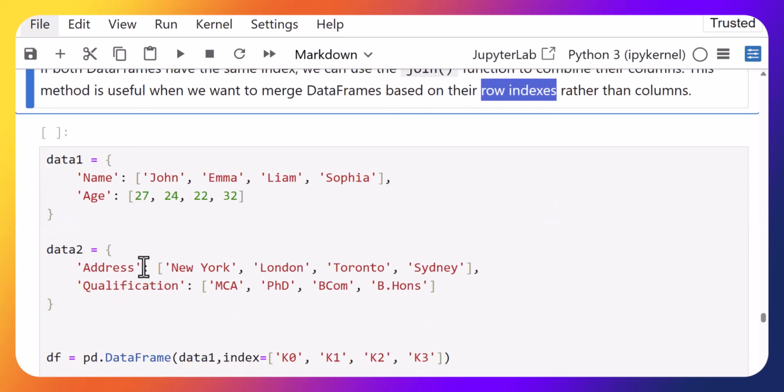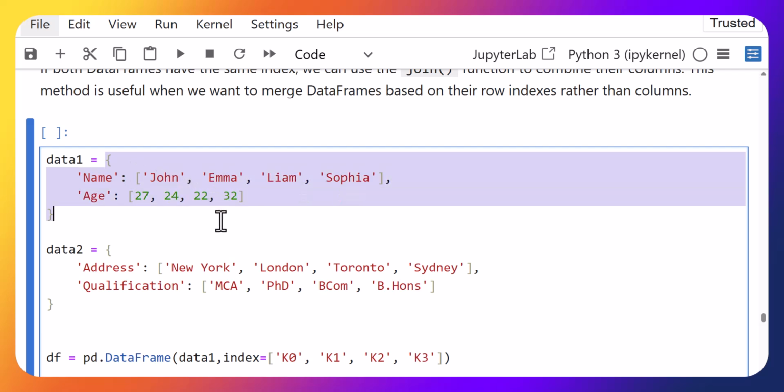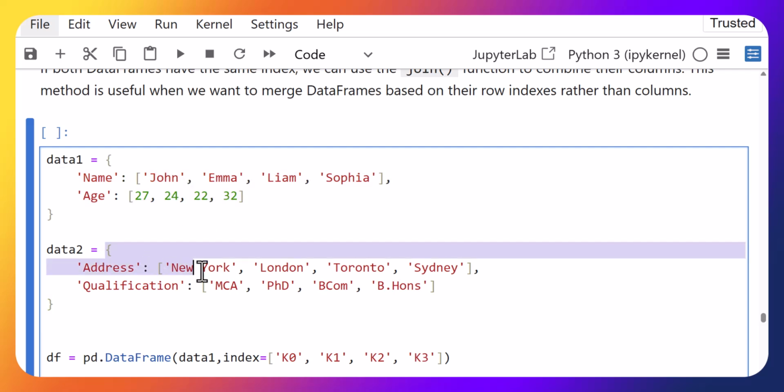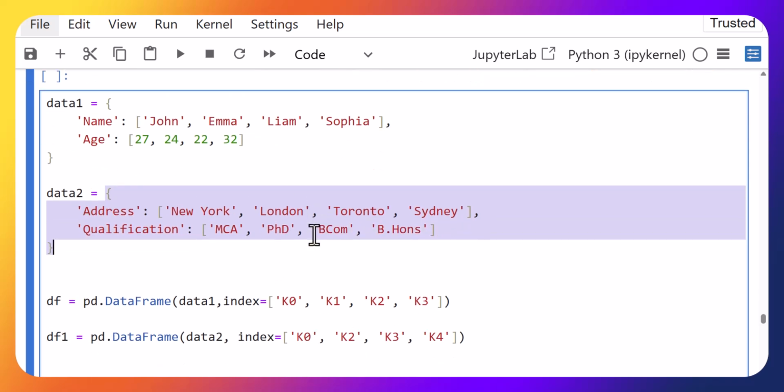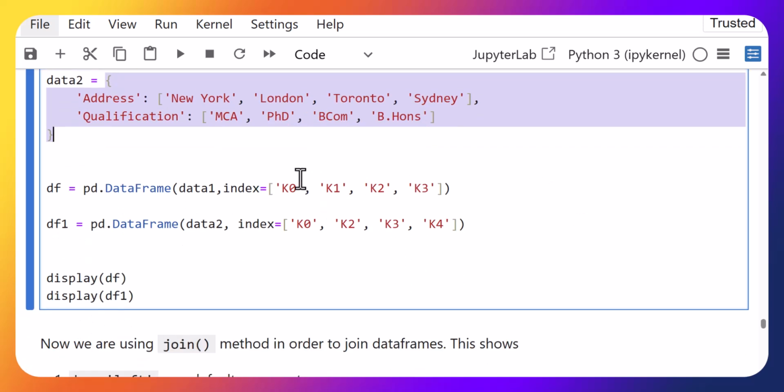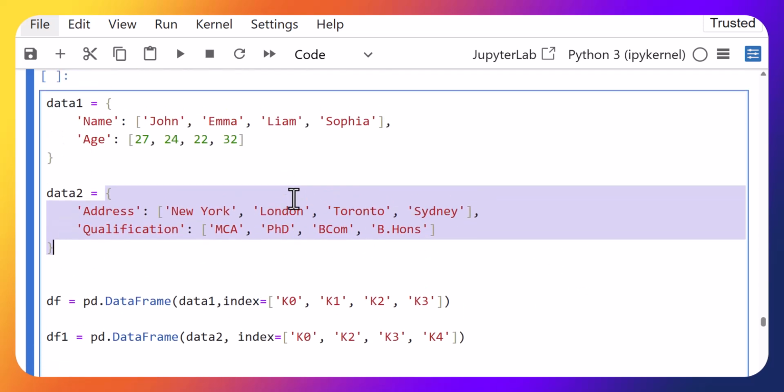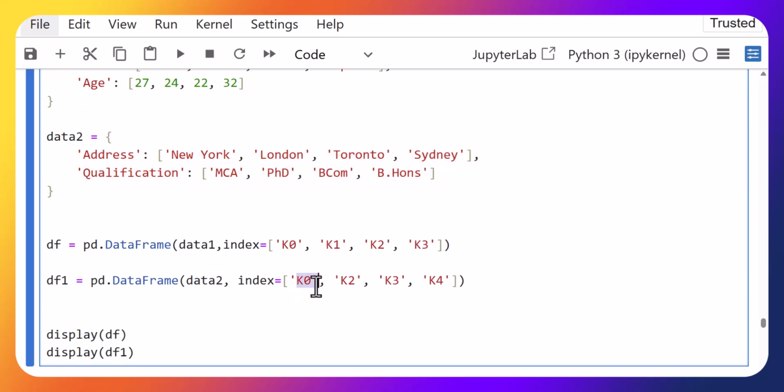Now for the sake of testing, we'll be creating data frames based on dictionaries. This is the first dictionary and this is the second dictionary. The first dictionary contains the name and age only. The second dictionary contains the address and qualifications labels. So now we set the manual indexes k0, k1, k2, and k3 to the first dictionary. That will become the row indexes for the first data frame. And for the second data frame, we are going to create k0, k2, k3, and k4 as the row index